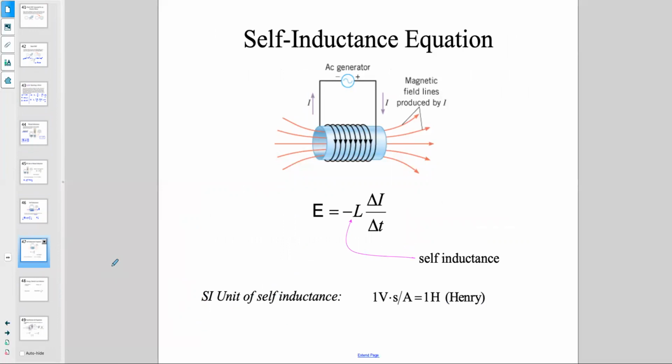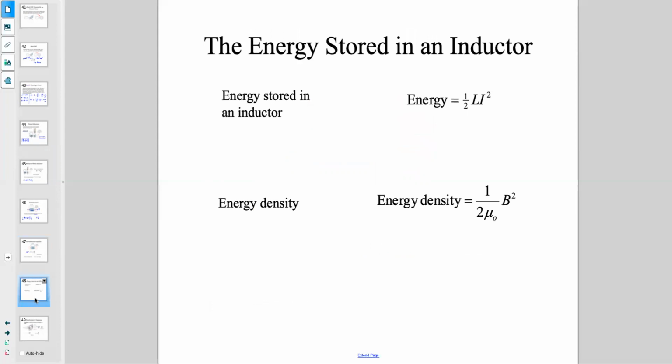So the self-inductance equation, if you want to find the EMF of that: the EMF is negative L delta I over delta T. This L is self-inductance. It has a formula, which we'll talk about. And this unit is, again, Henry. So the energy is stored in an inductor. The energy is one half L I squared, and this L is the inductance, which has a value associated with it, usually